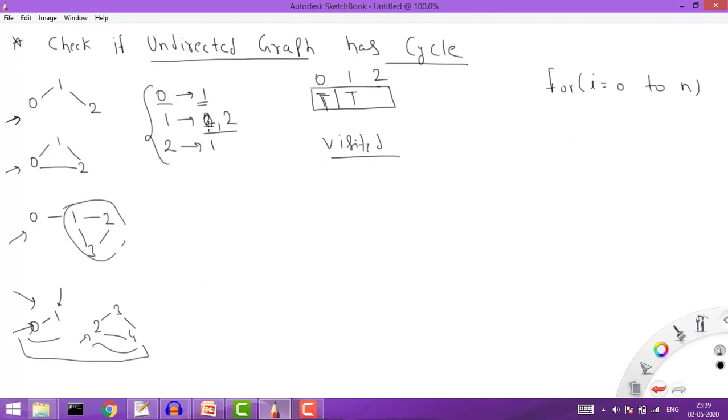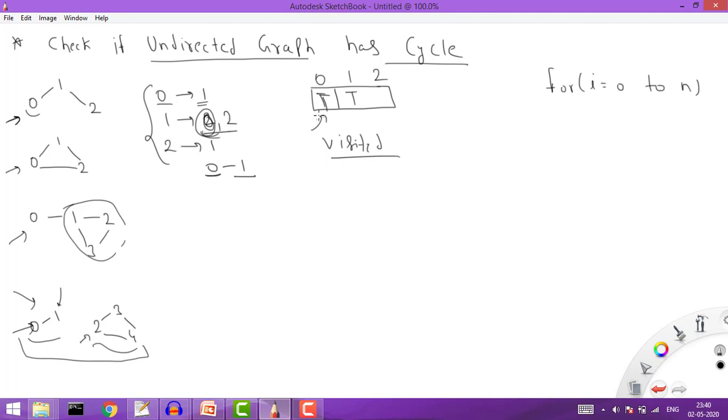So first of all it will check whether there exists a... now this 0 is already present in the array. So if it is already present, can I say that there exists a cycle? If you see here, 0 is basically the parent of 1. Parent means 1 has occurred from 0, because 0 is the parent, and only then we visited 1, right? So we need to check this case because this is an undirected graph. Even for the parent it will give me the neighbor, right? So we need to check this condition.